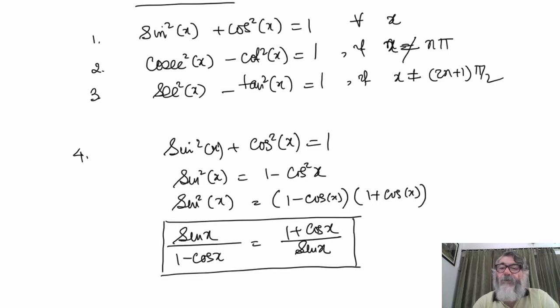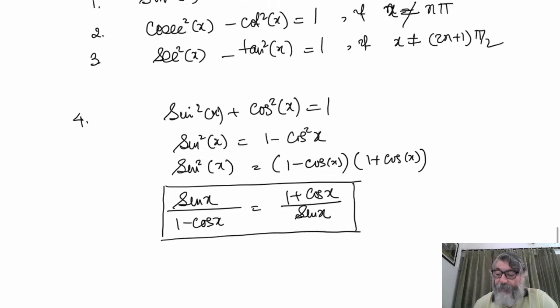Because in this particular topic, not in particular topic, but in all of trigonometry, we are going to do a lot of manipulations. For manipulations, you need to learn the tricks, and for that you have to remember the formulas which we are discussing. So sin x upon 1 minus cos x, whenever required, can be written as 1 plus cos x upon sin x, or wherever we see 1 plus cos x upon sin x, we should see also sin x upon 1 minus cos x. If the situation requires, we can change them. As I said, it is manipulation, so it is important.